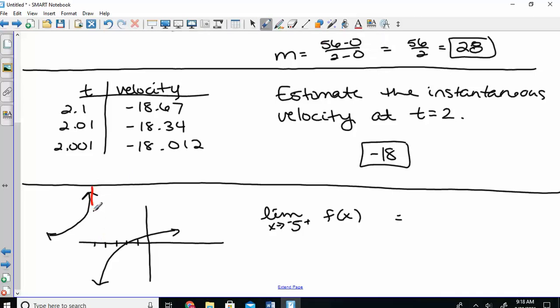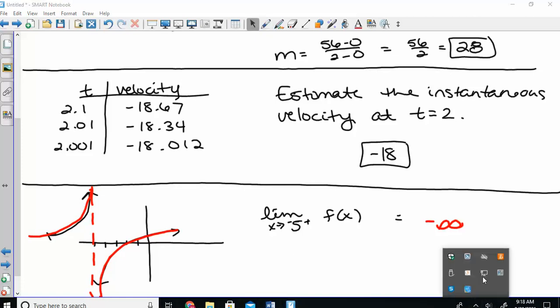If you are approaching -5, this is when x is -5. If you are coming in from the right, you are on things bigger. So what y value is this approaching? -infinity. So I might ask you to look at a graph like that. We had some on the homework where you had to do that because nothing else worked. If that were the case, I would give you the graph, and you would just have to look at it. If I asked you to approach 5 from the left, what would it be? As you're coming in from the left, this graph is going to positive